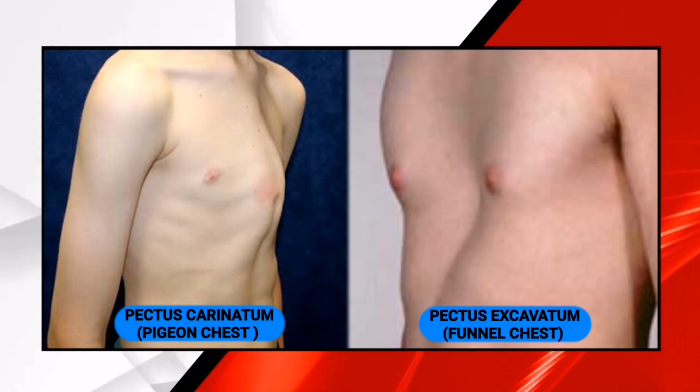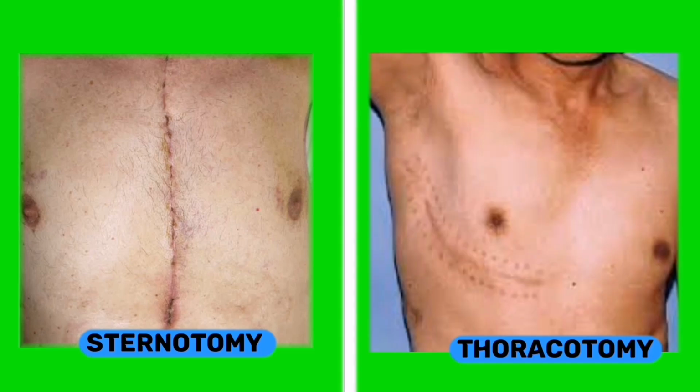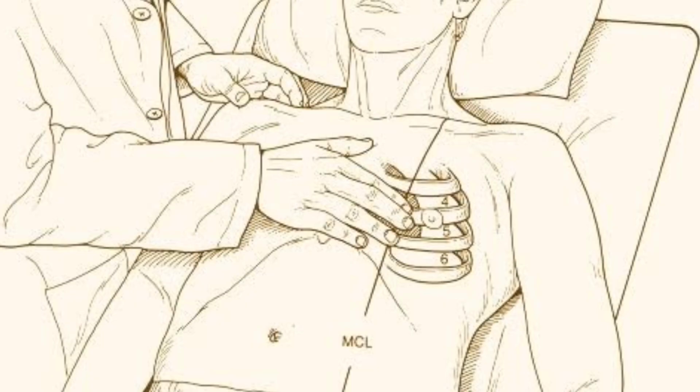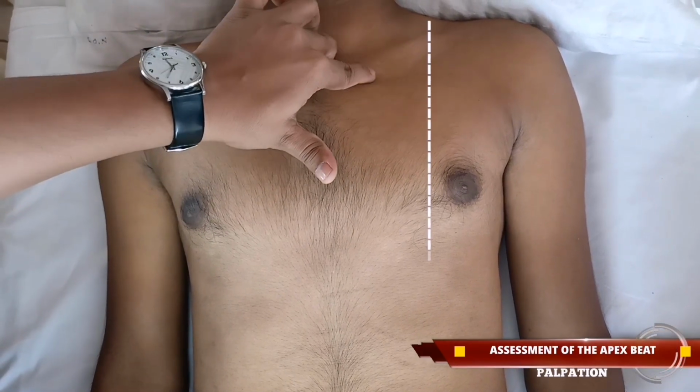Inspect the chest for chest wall deformities and scars, which may be of sternotomy and thoracotomy, etc. Assess the tracheal position by gently palpating the midline of the neck. Apex beat should be palpated on the 5th intercostal space at the mid-clavicular line, that is